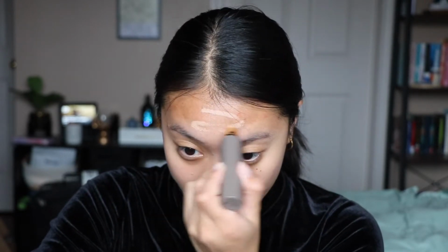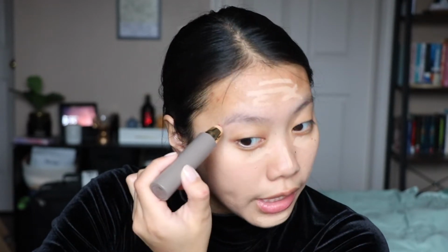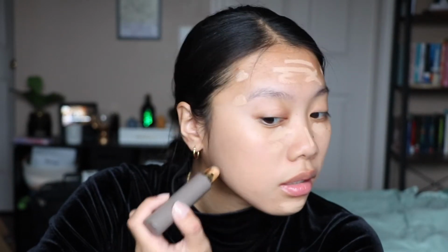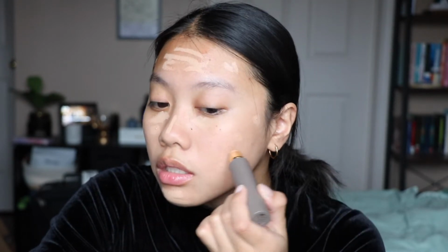Now, this product is not my favorite. I don't love the way it looks on my skin, and I'll show you guys in a close-up, but it does blend very easily. I will say that this is a pretty good match for me, and I do like that I could really get under the skin and use this, or underneath the eyes, and use this as a concealer as well. So I'm just taking this, adding a little bit more coverage,